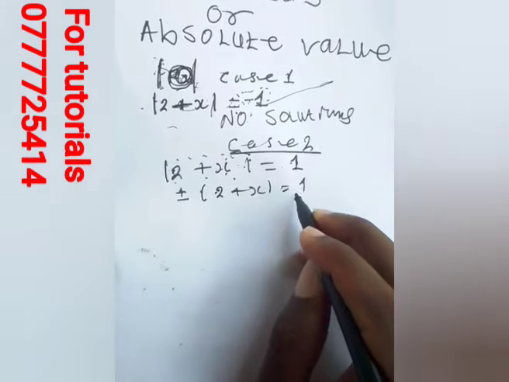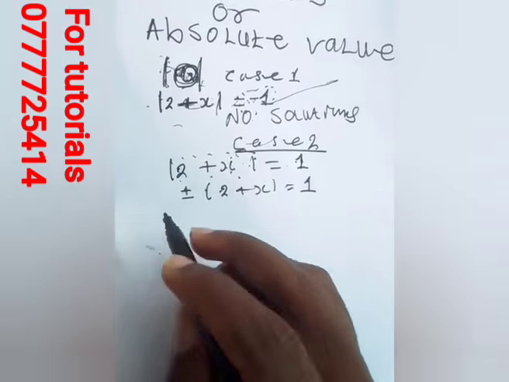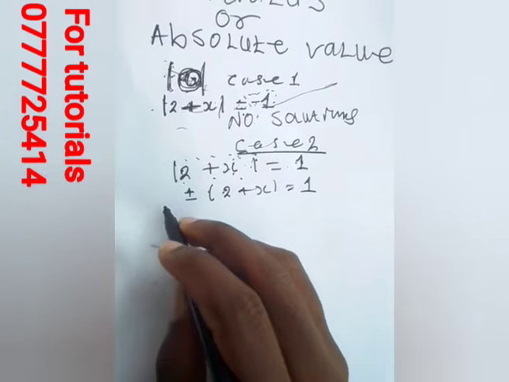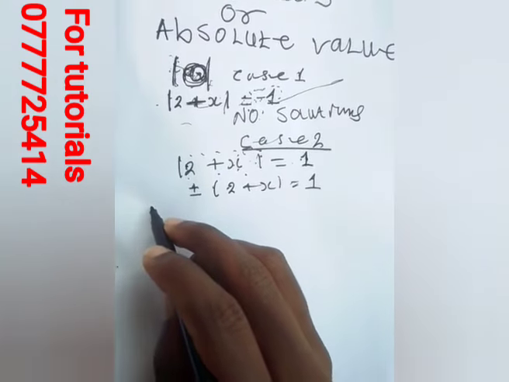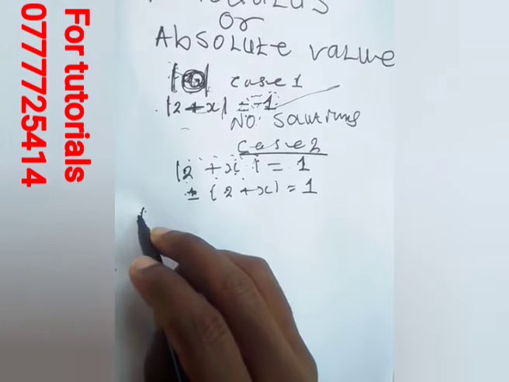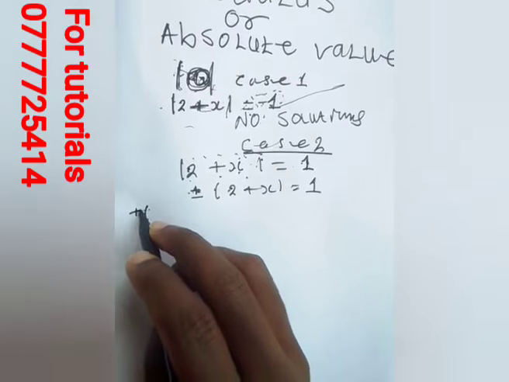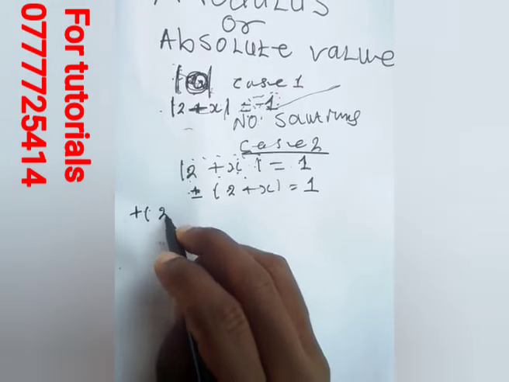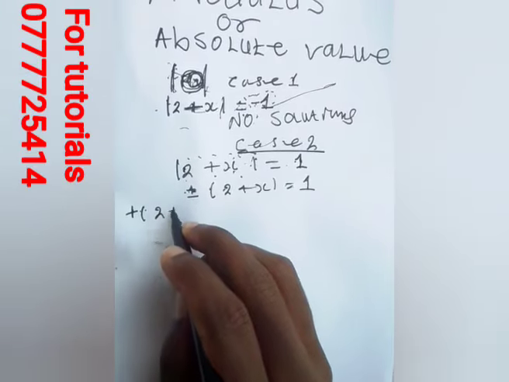So the way that you solve this is to break it down. But how do you break it down? You break it down by saying you're going to split. Since it is either positive or negative, first you're going to take any sign first. So first let's take the positive. So let's say it is positive 2 plus x